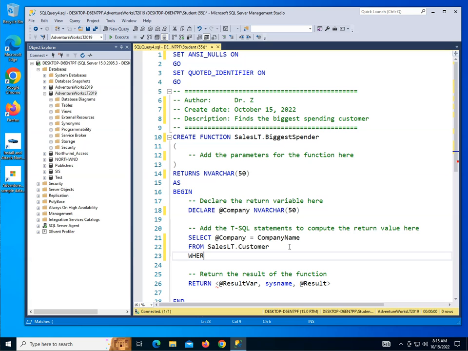So just accept it. WHERE CustomerID is equal to SELECT TOP 1 CustomerID,